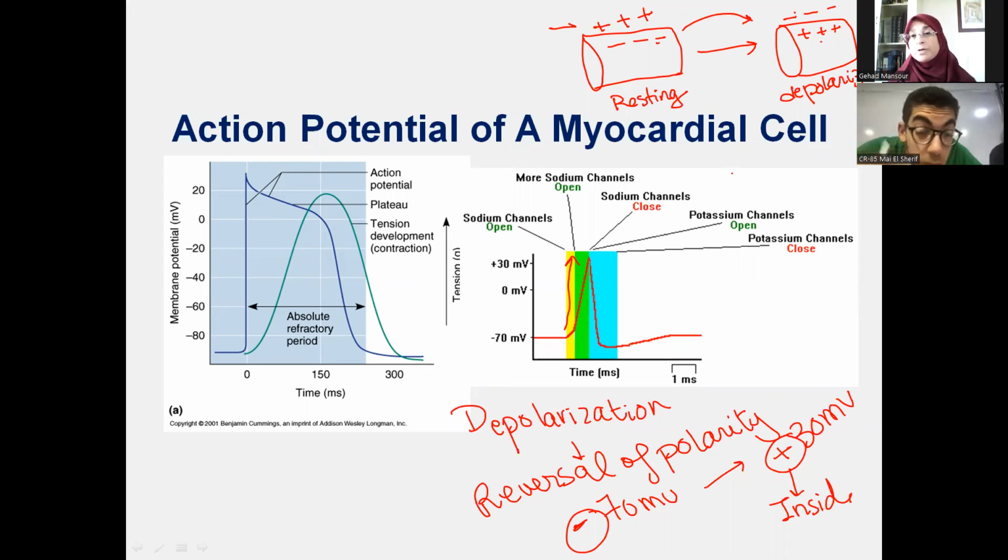So this drawing you have is a record of the changes that occur in electric potential across the cell membrane. We started here by the resting membrane potential, which is this part, and we ended here at the apex by being depolarized. So we are trying to draw or to represent the changes that occur in electric potential. This is the action potential. The action potential, again, is the representation of the changes that occur in the potential difference across the